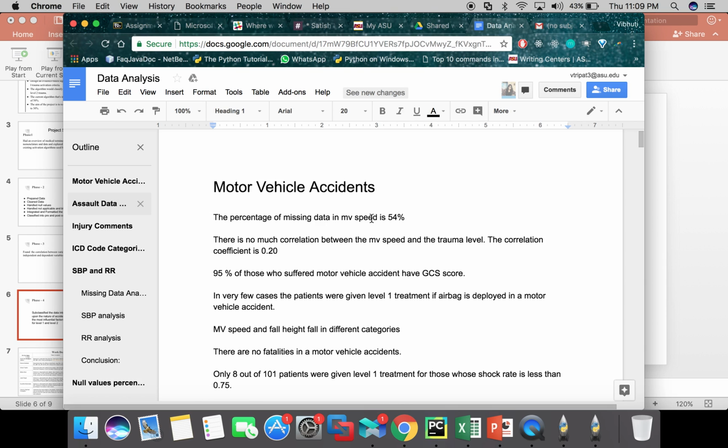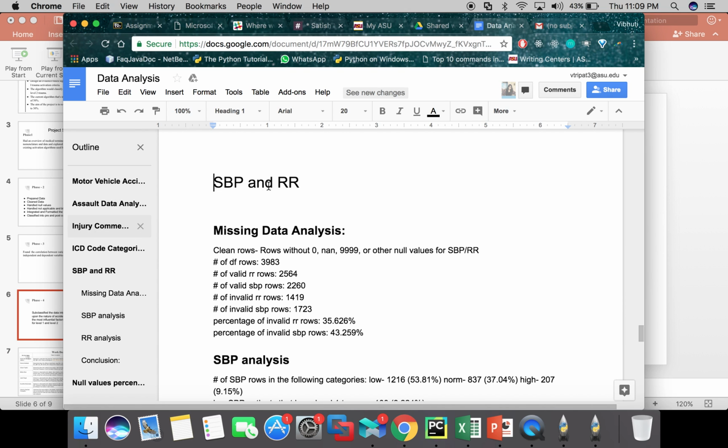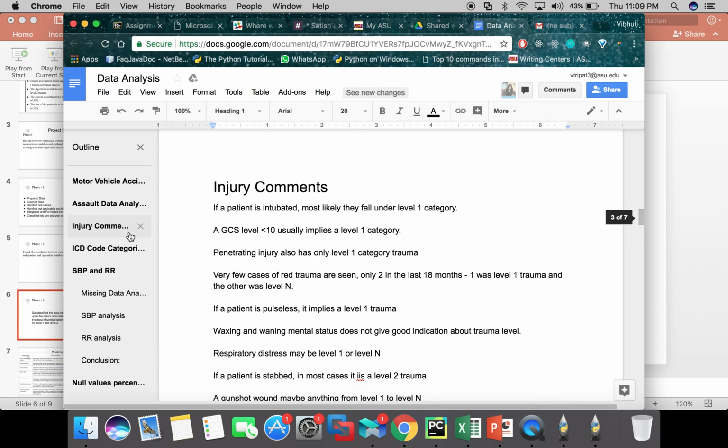For motor vehicle accidents, there are a bunch of statistics. For example, 8 out of 101 patients were given level 1 treatment if their shock rate is less than 0.75. Similarly, we have systolic blood pressure and respiratory rate analysis, injury comments,